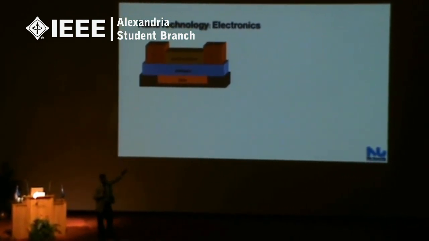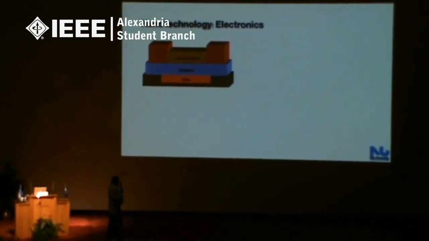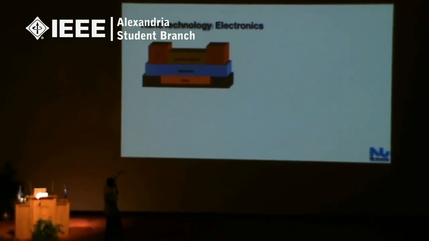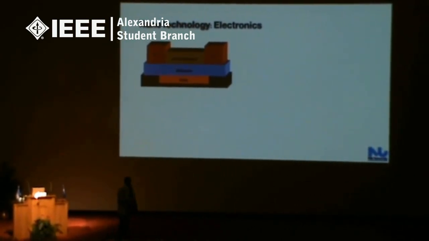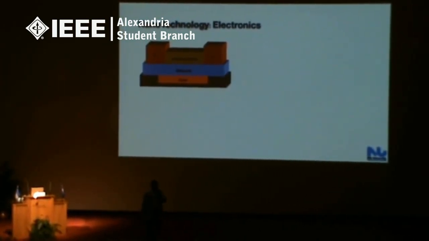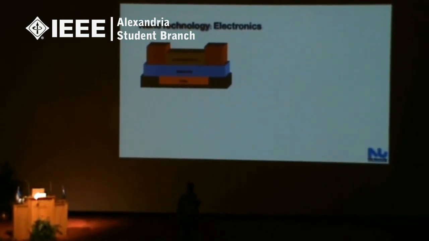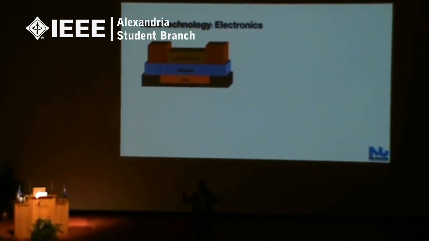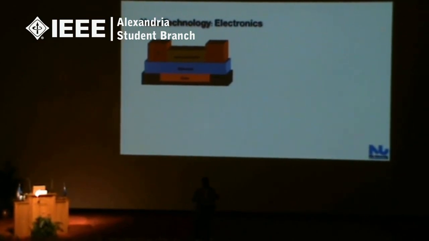This is a typical schematic of a device. You have a semiconductor material, a source and a drain, a dielectric material in between, and a gate. Now, all of you, of course, know Moore's law. Moore's law says that every 18 months, you're going to shrink the size of your device,